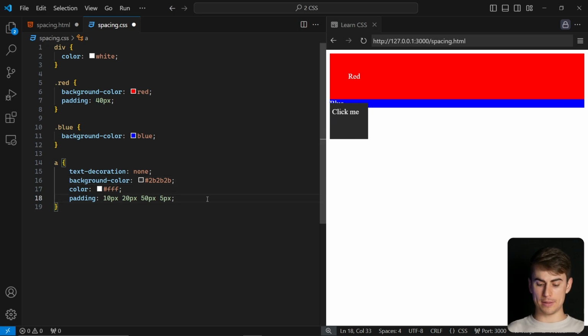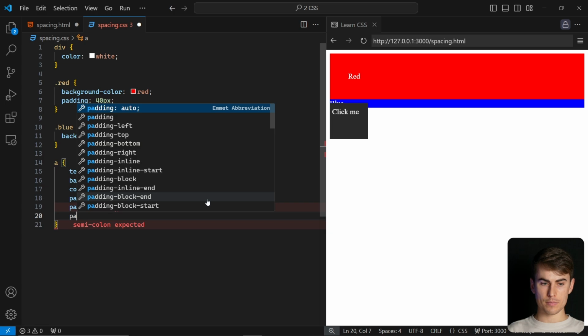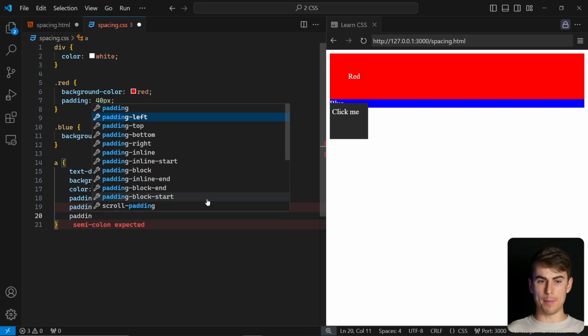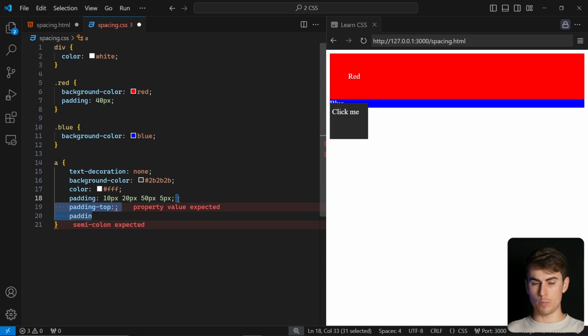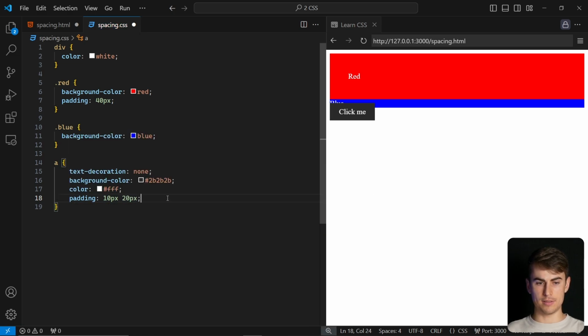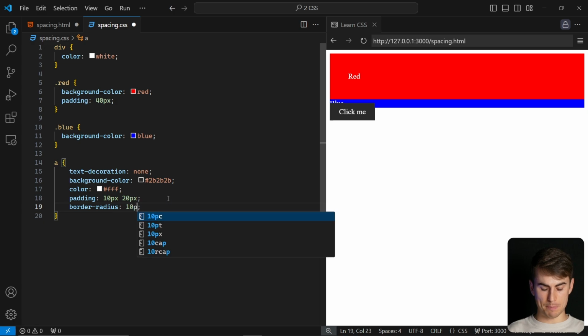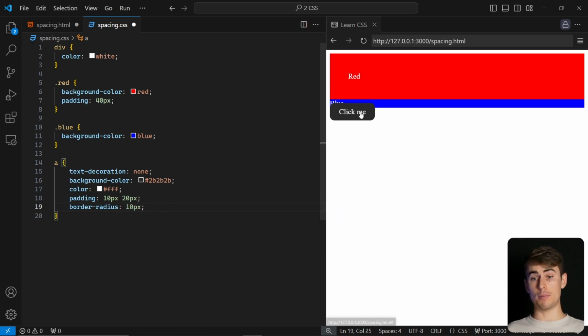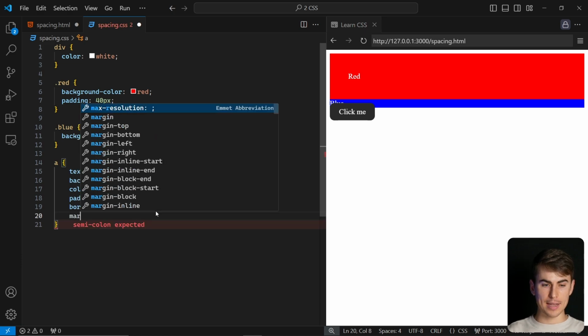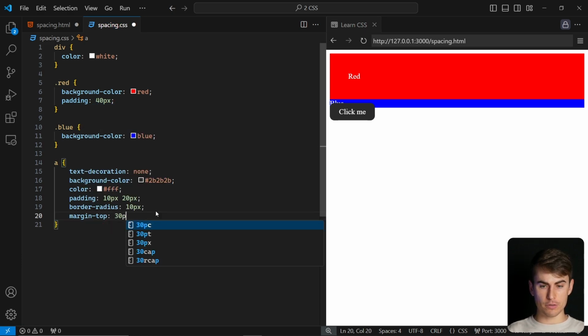different. We can also do this by saying padding-top, padding-bottom, padding-right, padding-left, etc. Okay, so we can do it both ways, but this is enough. And then I add a border radius of 10 pixels and we have a perfect button, but as you can see, this is overlapping content, so we need to add a margin top, in this case of 30 pixels, for